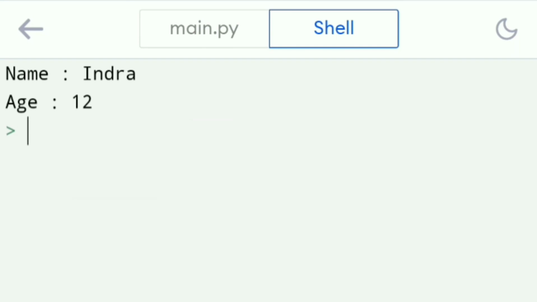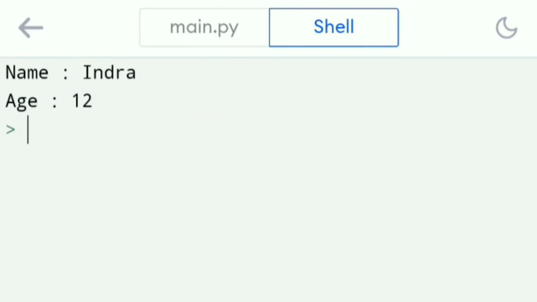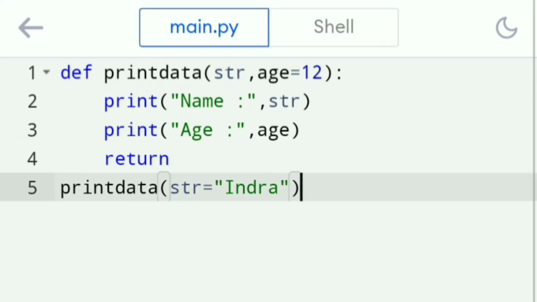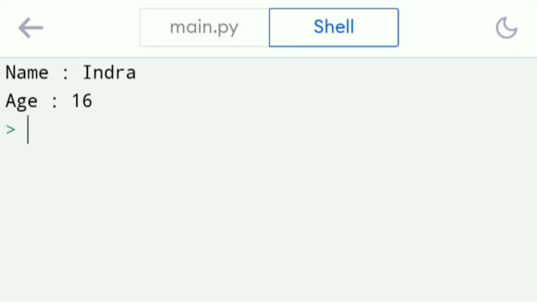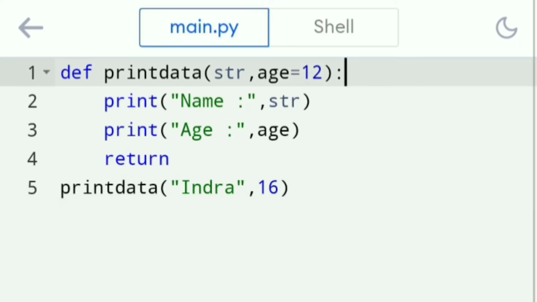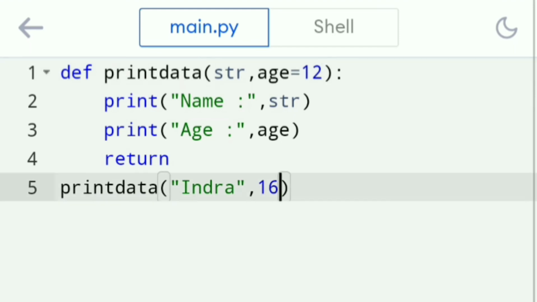Look at this. So that's it. Default argument is very simple. You can give default value here. At that time, it is not compulsory to pass the value in this function call statement, but still you can pass value. Let's try that also. Now I'm just giving 16. Let's check the program. It is updated. Yes, whatever value you pass through the function call statement will be accepted here. So that default value will be overwritten by the passed value.